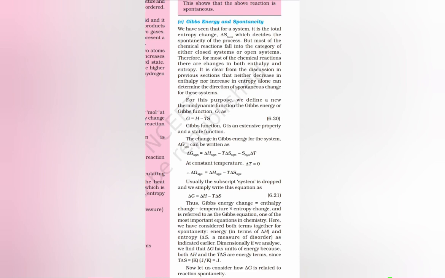And how will we find out the standard Gibbs energy change? Delta G0 is equal to minus RT ln K, or that is equal to minus 2.303 RT log K. K is the equilibrium constant, we have seen already that. Okay, so using these formulas you can find out delta G. The important point is that for a spontaneous process, the delta G0 value should be negative. If delta G0 is smaller than 0, the process is spontaneous. If delta G0 value is positive, that means greater than 0, the process is said to be non-spontaneous. So using this you can find out the Gibbs energy change, delta G is equal to delta H minus T delta S. Thank you.